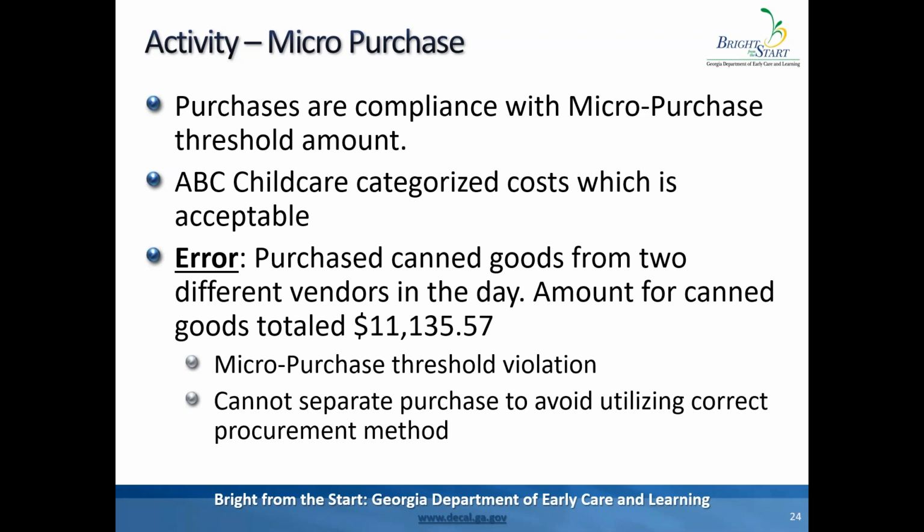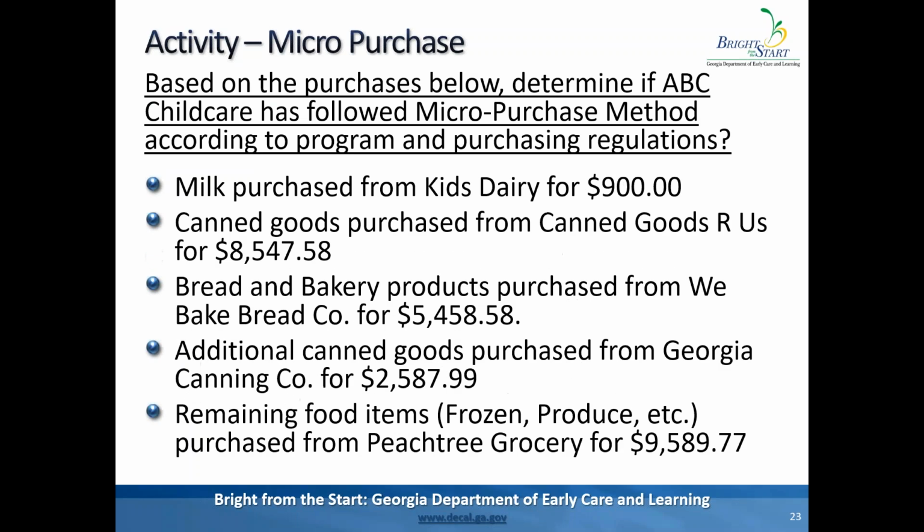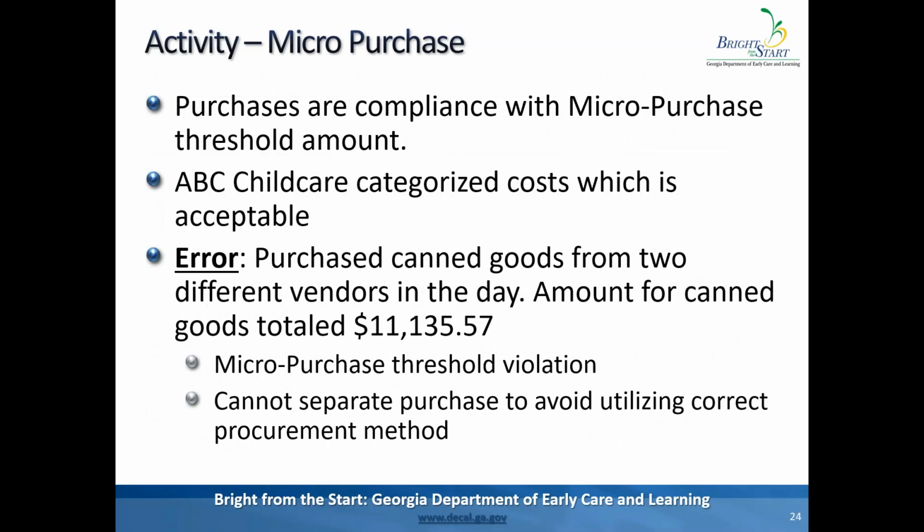And then the other error that was found was that they intentionally separated those two canned goods. So they separated it. They purchased from Canned Goods R Us as well as from Georgia Canning Company. They separated those two food costs, and so that separation is actually an avoidable practice. So they should have kept those two purchases together and then again proceeded with the small purchase method because those